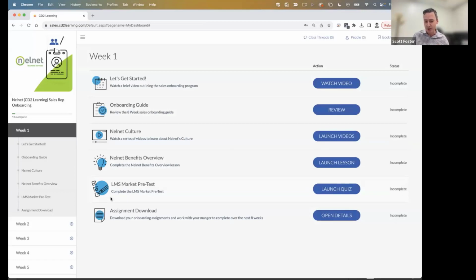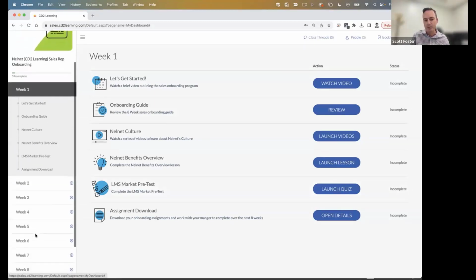So what we're having our associates and our employees do, and a lot of our clients are utilizing our course building tools, is to build larger curriculum sets. I want to build an entire experience of pulling in a lot of different resources. This is an 8-week onboarding guide that we're going to have our employees go through, where starting week 1,